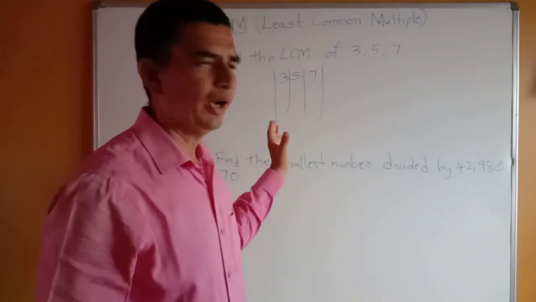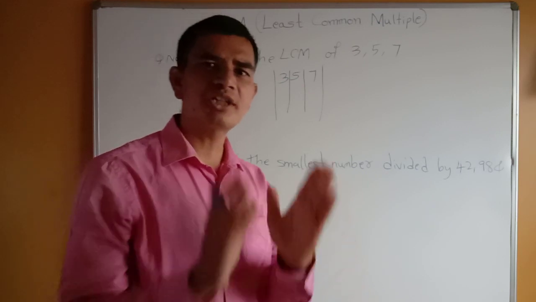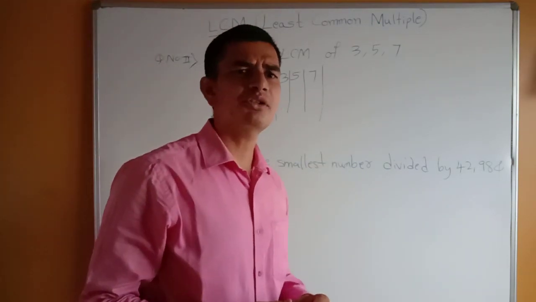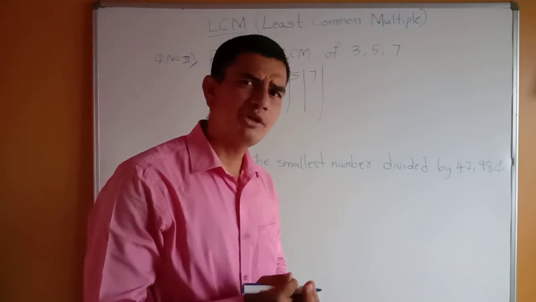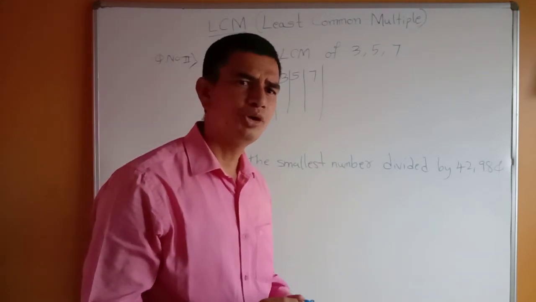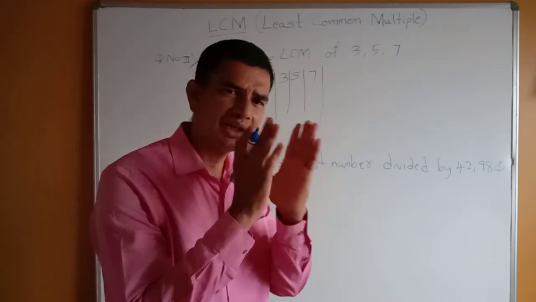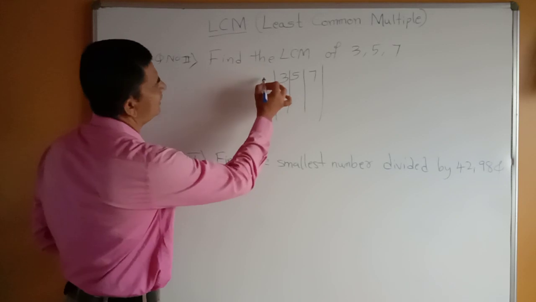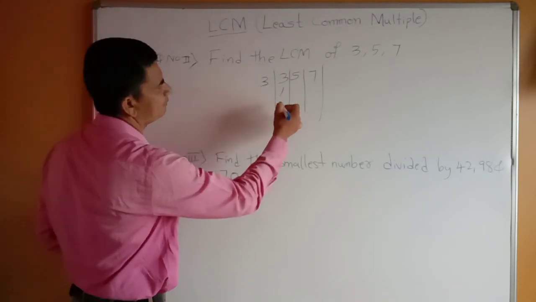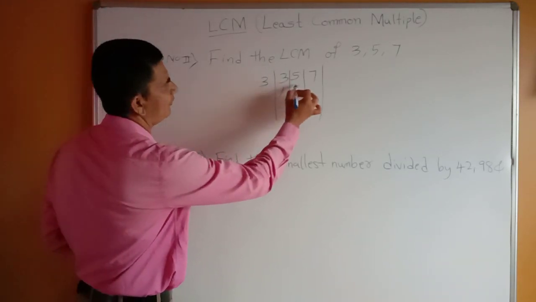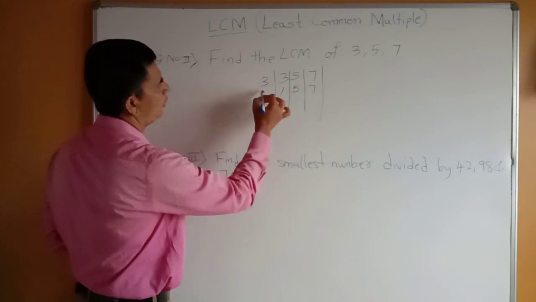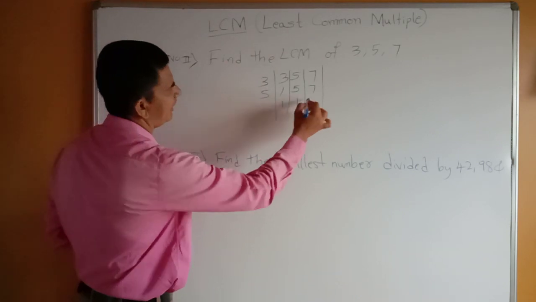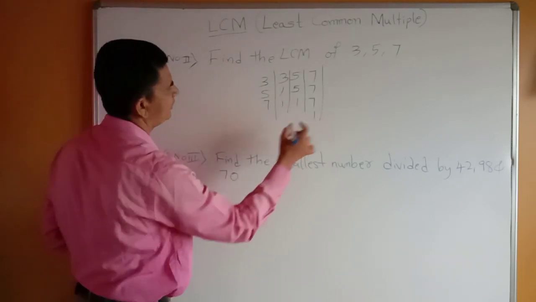What we can observe in this question is that all the 3 given numbers are prime numbers. Prime numbers are divisible by 1 and itself. So don't take 1 here. We have to take the number itself and divide. So 3 is there, 3 1s are 3. 5 is not there in the 3 table, so 5 as it is and 7 as it is. Now 5 1s are 5, 1 we can write here, and 7 as it is. Now 7 1s are 7.